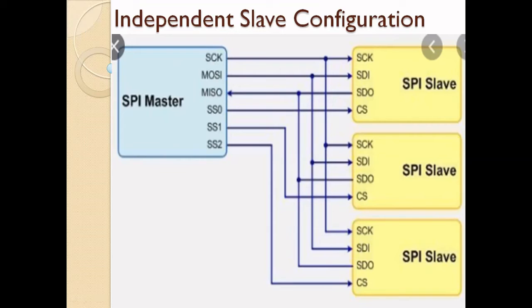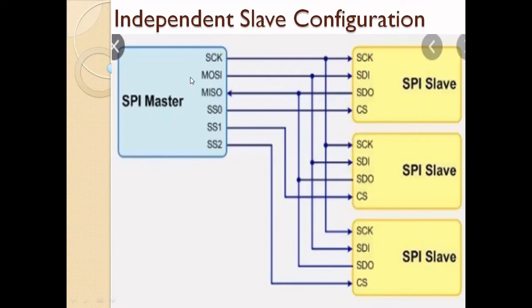That is a disadvantage. Next, suppose there are 3 devices, slave 1, slave 2, slave 3, and this is a master. Take me as the master. I want to transfer one data to the slaves: the first is register number 1 Abhishek, the second slave device is Ajay, and the third one is Anish Kumar, students. These are 3 students. If I want to transfer one data to Ajay, first I will select SS1, that means slave select 1. So this Ajay will be enabled.